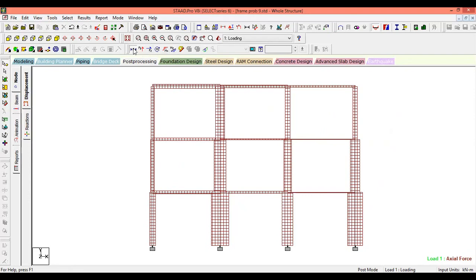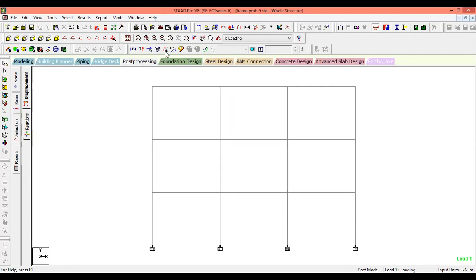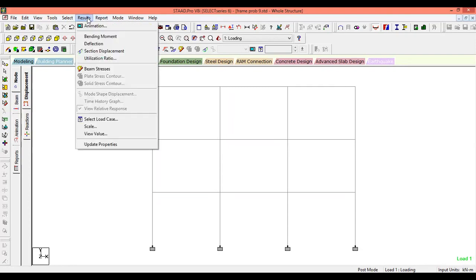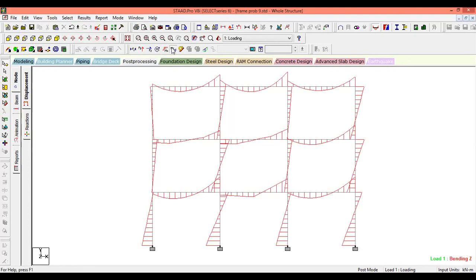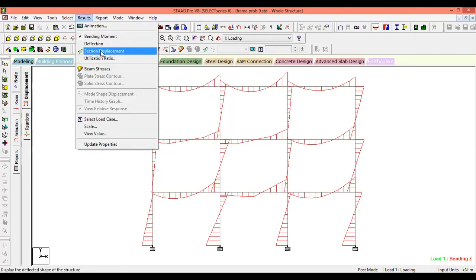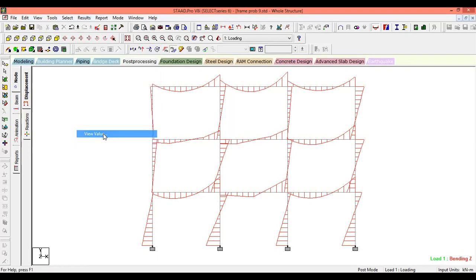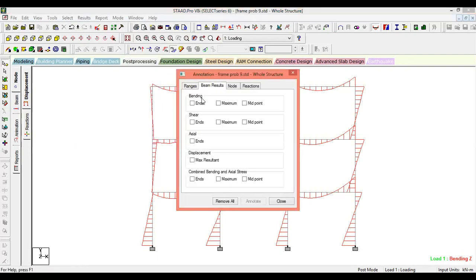If you want the values, as usual, we go to the results. You can first select MZ, go to results, then view value. Here, if you want the beam moments, you can select the beam moments. If you want the shear also, or the axial loads, you can select those.